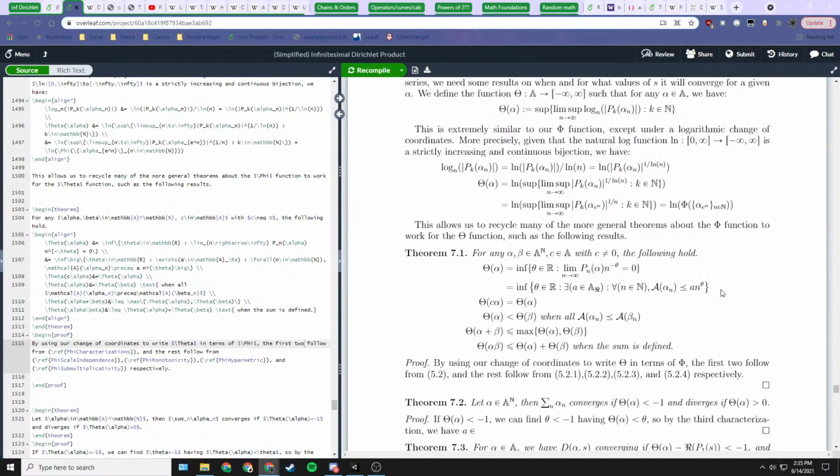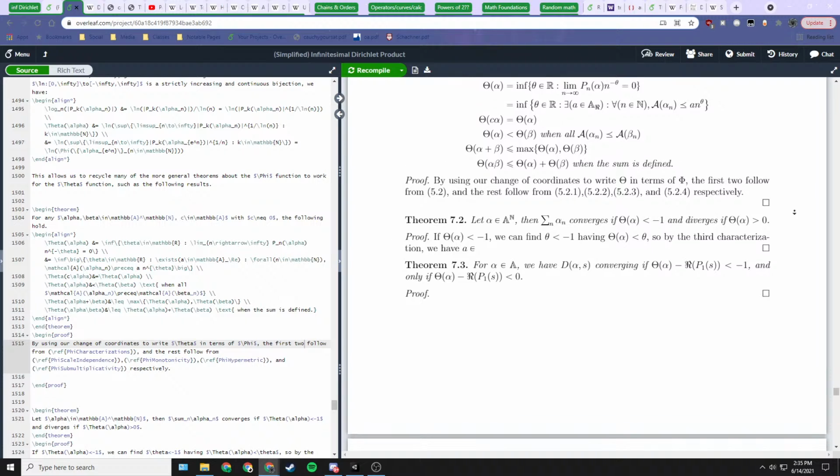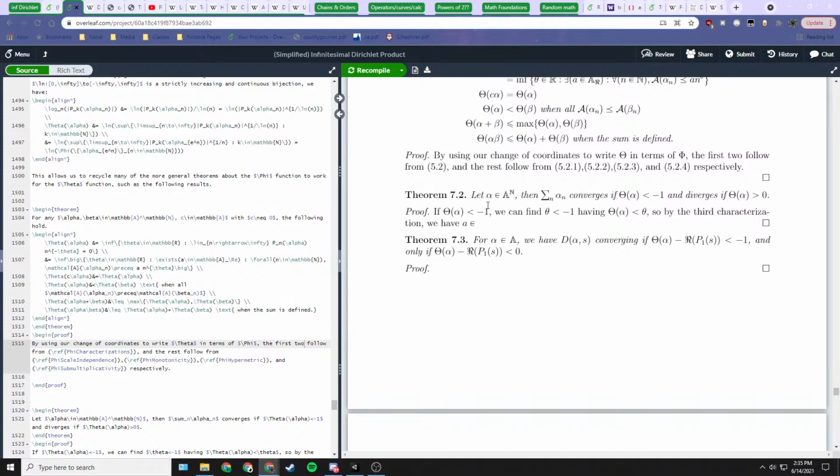Hold on, actually. No, that's fine. This is fine. Okay. Else mean and this converges if this and diverges if this. So if this is less than that, if phi theta less than that, theta alpha less than theta, which is less than -1. So by the third characterization, we have